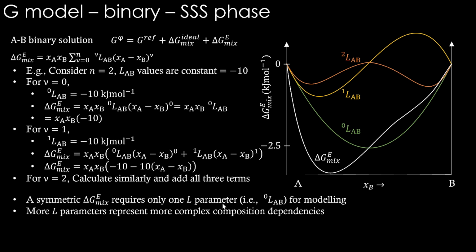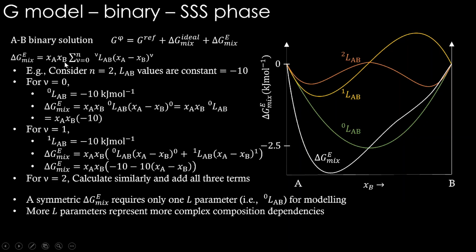Right. So when you see a Gibbs energy description, now you can think about how it is broken down into temperature dependency terms, the L_AB terms, L_AB 0, L_AB 1, L_AB 2, and for each L_AB term we are going to multiply with some (XA minus XB) power term, (XA minus XB) power 0 or power 1 or power 2 and so on, and then all these things are added up. That's the meaning of this summation term. Different L_AB terms multiplied with their composition dependency are added.